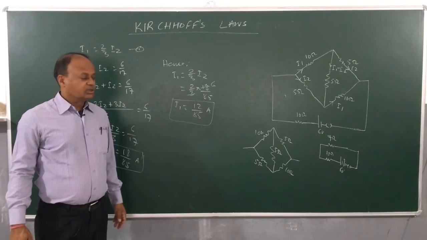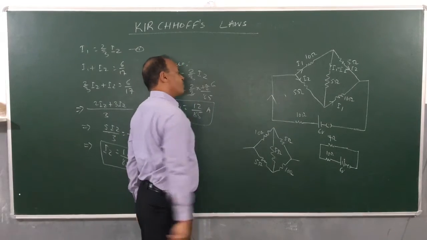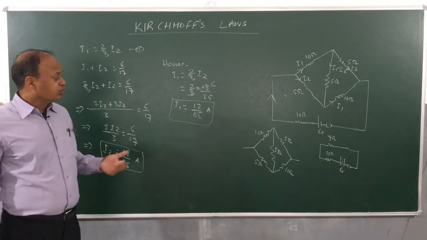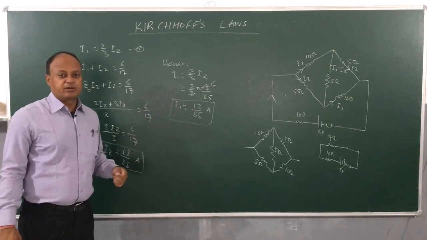So we calculated the values of I1 and I2, and once we know I1 and I2, then we can find just about any current in this branch. Current here I is equal to I1 plus I2, which is 6 by 17. You have already got it. I1 minus I2 is the only thing you have to find. Now the important thing is to have the concept. Okay. Now we will move on to the next problem.